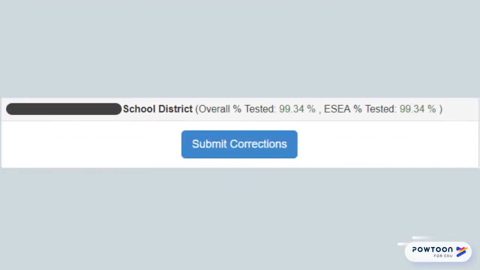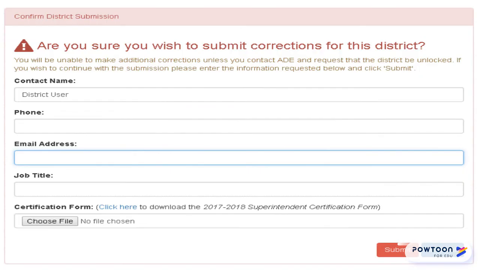Once all documents to support requests for corrections have been uploaded, only the district superintendent may submit your corrections to ADE for review. To do so, return to the ACE home screen and select the Submit Corrections button. For your corrections to be fully submitted for review, the superintendent must enter their contact information and upload a signed